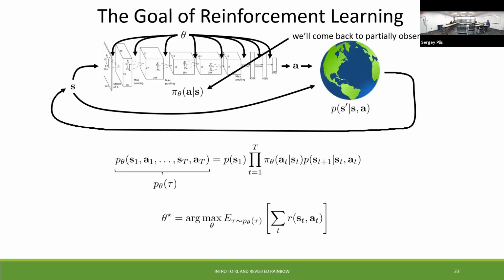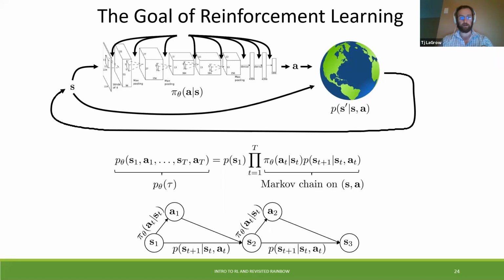And so the goal of reinforcement learning, as we were talking about, is the expectation of trying to find the correct policy over the sum of all of the rewards. Here we have this world example. We're feeding into our state, which we give to our network, where we give it a certain policy, we take states and actions, and then feed it back. What we're trying to do is maximize the expectation of the reward. This is more formal of what we're talking about. Here's a little block diagram of what we're trying to say.